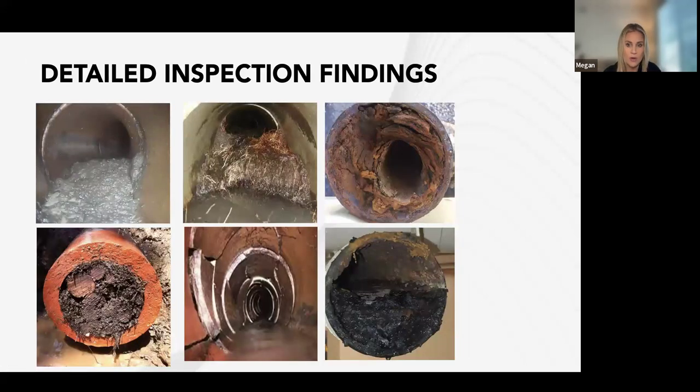So you'll be able to tell right here, these are just some of the issues that we see. Roots entering into the system, causing backups. Wipes. If anyone introduces wipes into their pipes, it's definitely not good. That can attach to the inside of the walls. Soil can have movement over time that causes pipes to shift and crack. Down here, this is a lot of grease and fat buildup, most likely within a kitchen line. This clay one has a lot of dirt and roots within it. So all of these are not good signs, but the good news is we do have a solution.